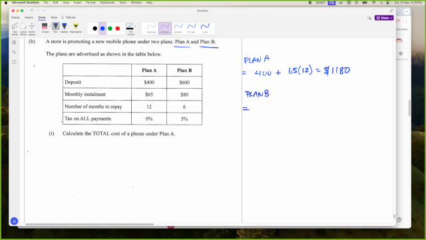I have Plan B being $600 plus $80 over 6 months. And I just had to find what this is. So $600 plus 80 times 6, and I got 1080, but I have to pay 5% tax on this. So the tax,